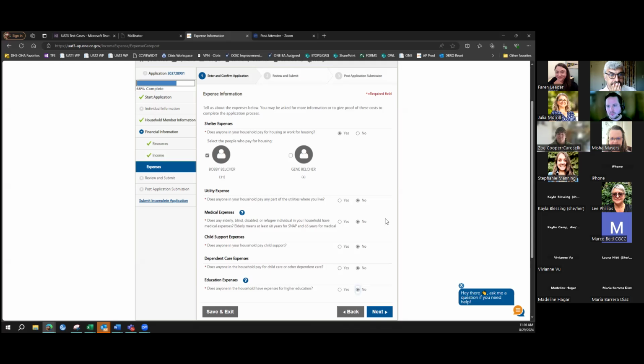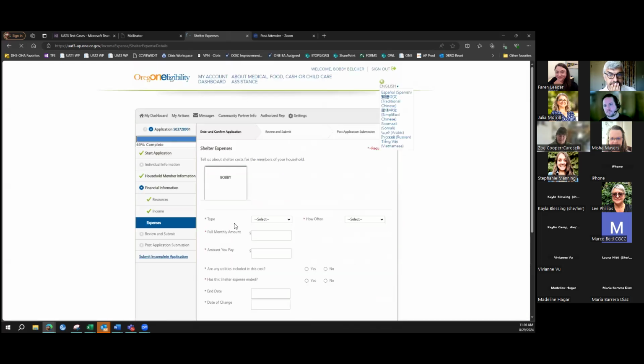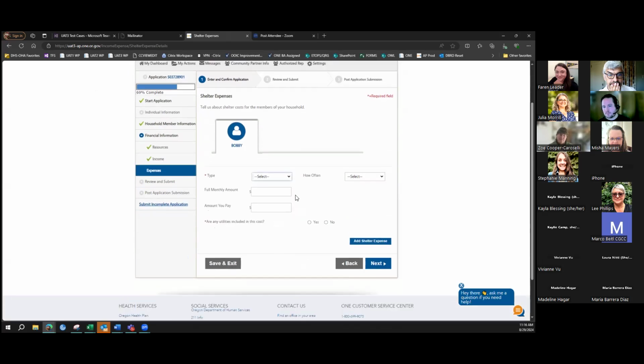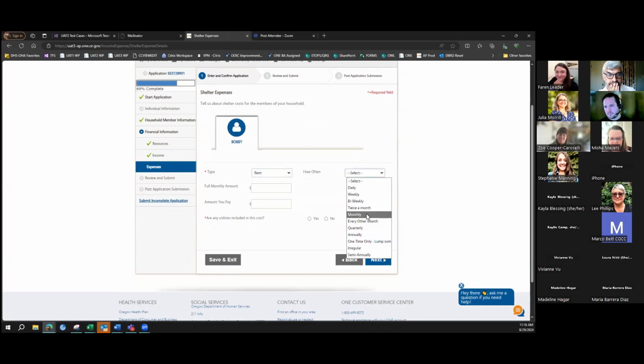What if a student is a prospective student wanting to start in the fall and they're just now getting the steps needed for a SNAP application, just recently submitted FAFSA, and Lane or another college has not generated their award package yet? Would they need to reapply once they get that information, or could they potentially get approved for benefits in the time up until they get that award package? Because I've come across that situation a couple times.